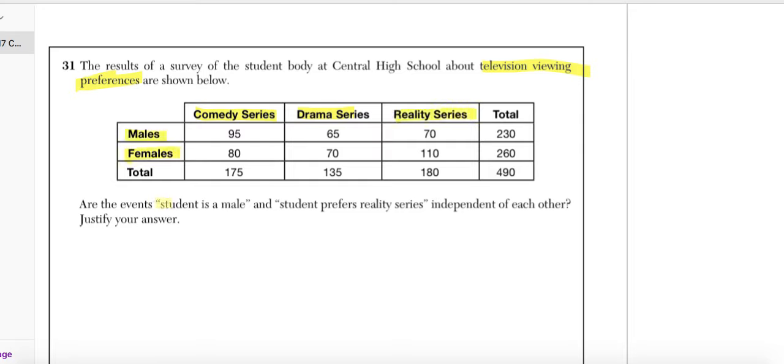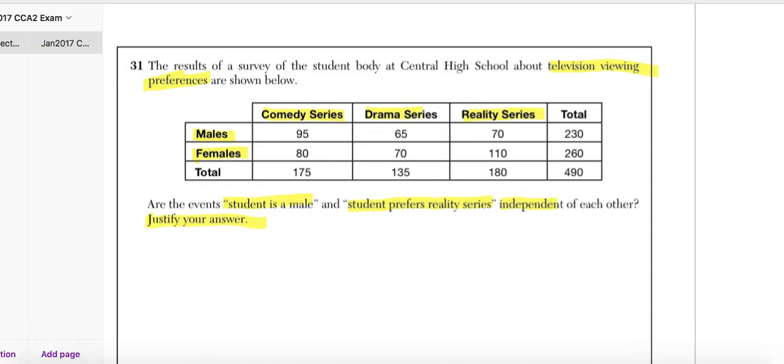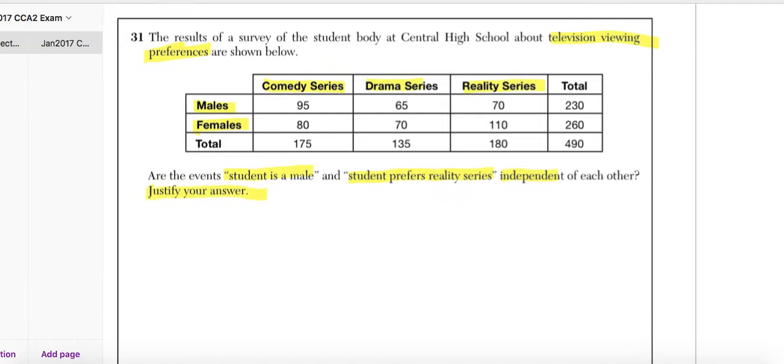So they're asking, are the events "student is a male" and "student prefers reality series" independent of each other? Justify your answer. So we just want to find out if they're independent or not, and justify our answer to find the result. I'll call M "student is male" and R "reality series." So if M and R are independent,